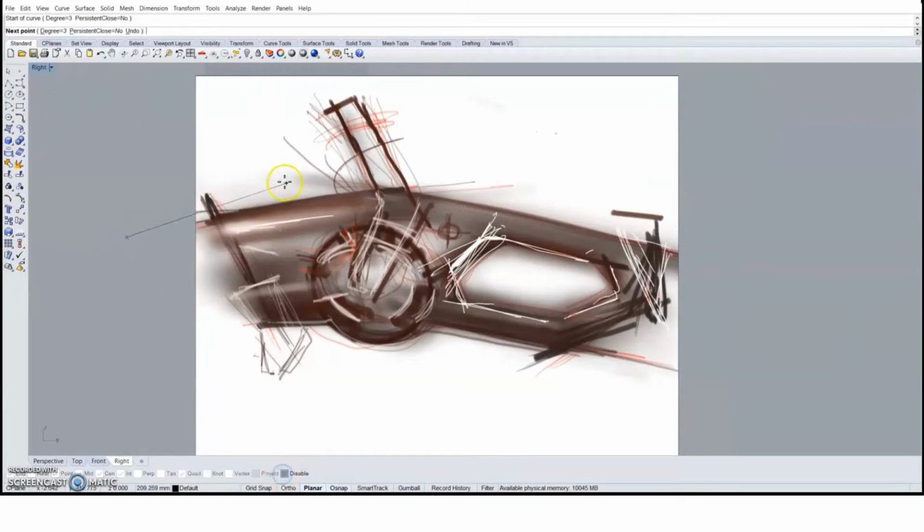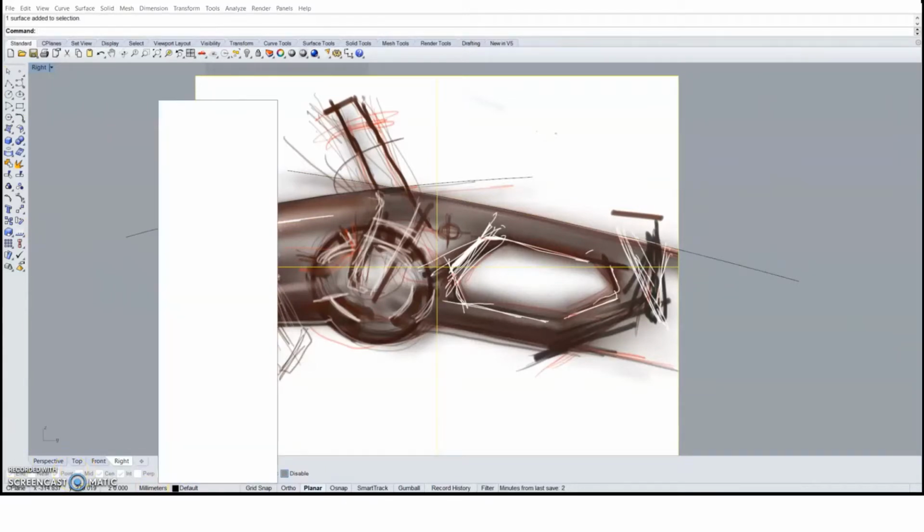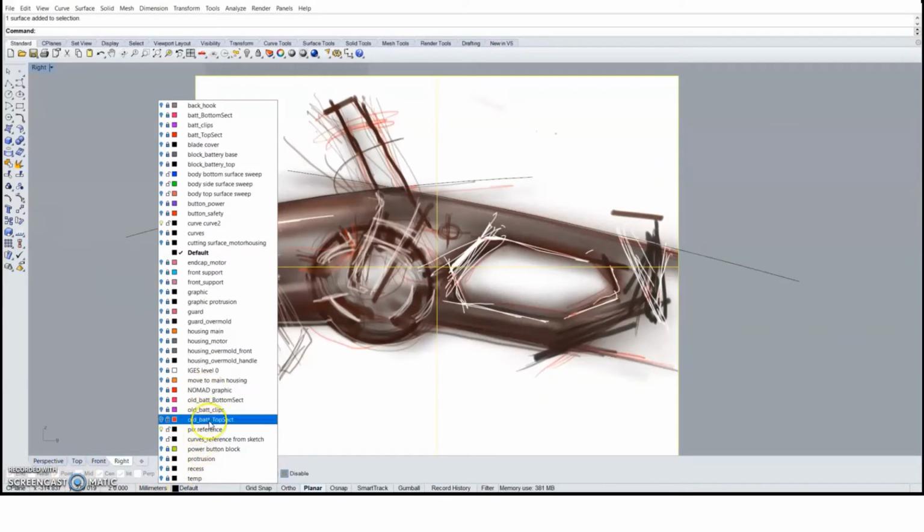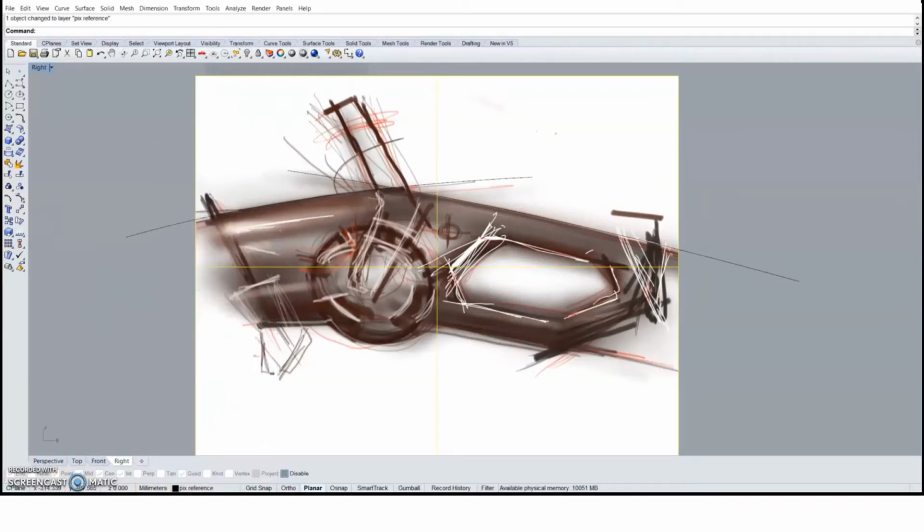And what we do is we can actually draw curves using the drawing, the sketch, as a reference. And we can create the curves that will define the profile, the side profile, and overall the form of the design, the idea that we had. Using only the 2D sketch, either digital or manual, we can start creating a